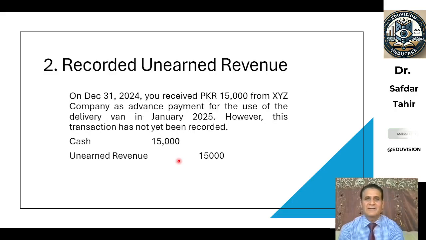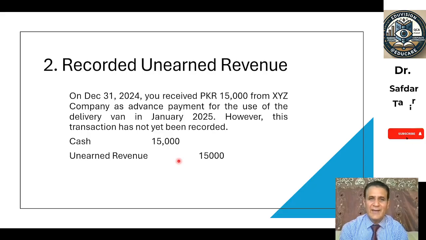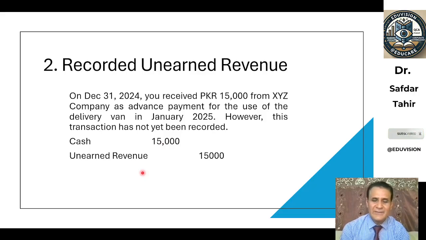Similarly, on December 31st, you received Pak rupees 15,000 from XYZ company as an advance payment for the use of the delivery van in January. This is an advance payment. This is not your revenue. This is your liability. This is called unearned revenue. However, this transaction has not yet been recorded. We record this transaction in adjusting entries. The cash increase is debited 15,000, and unearned revenue, which is actually the liability of the company